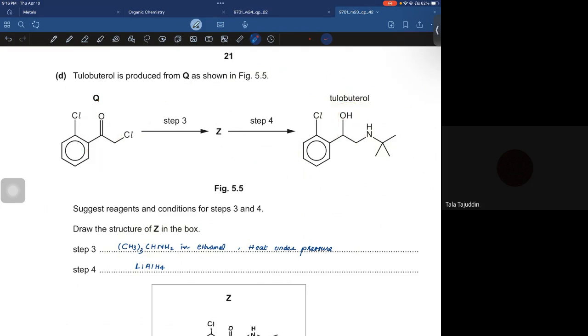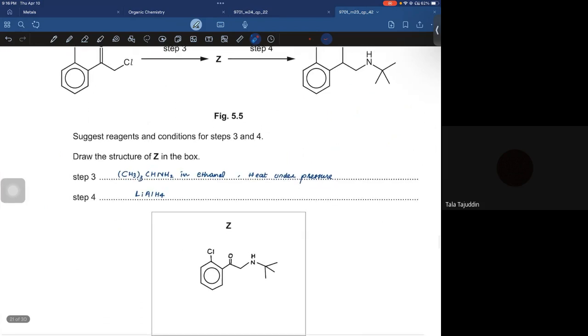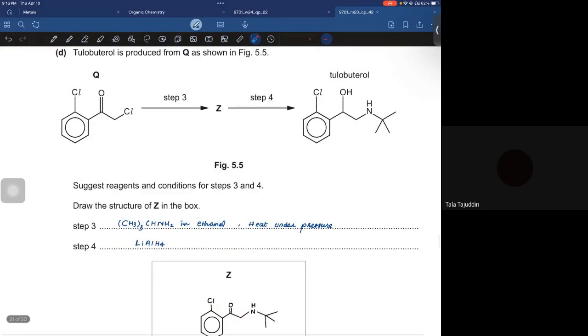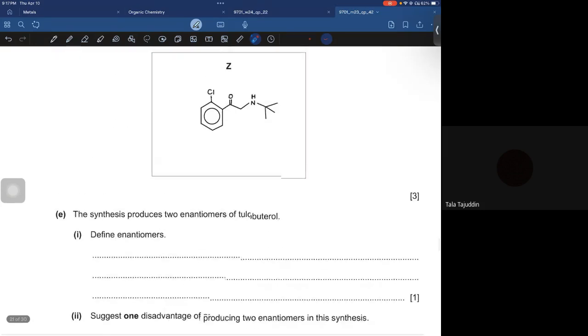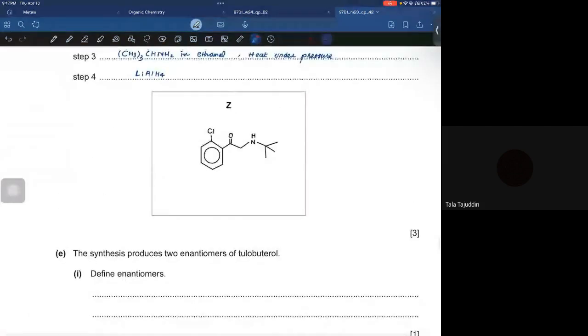Okay. Then they are asking for Z. That would be the Z. It is having the ketone in the next step. In step 4, we have converted this ketone into alcohol. Okay. So, rest of the paper you are supposed